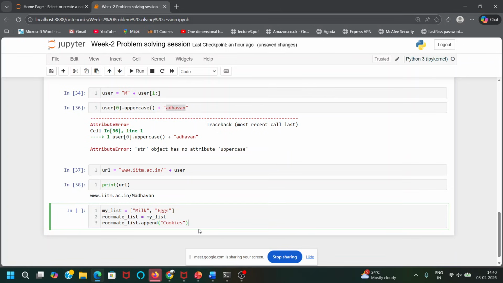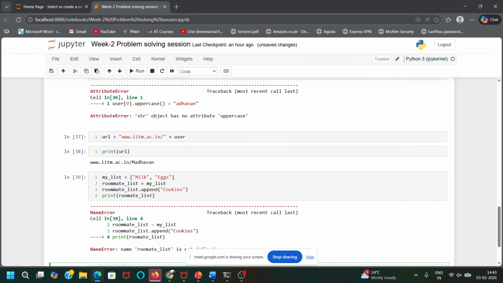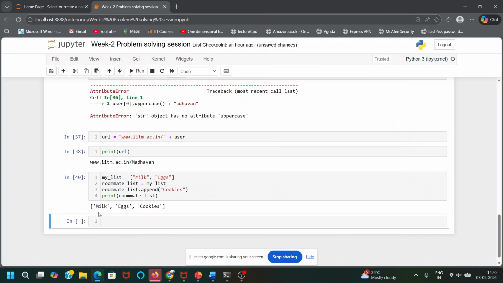Then after that, if I print roommate list, so I will get, yeah, spelling is wrong. So you can see I have added cookies to my list of roommates, right?